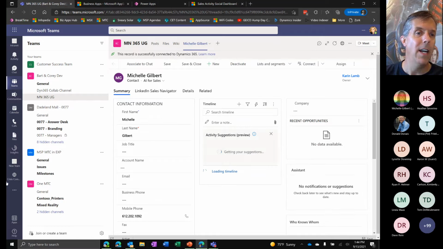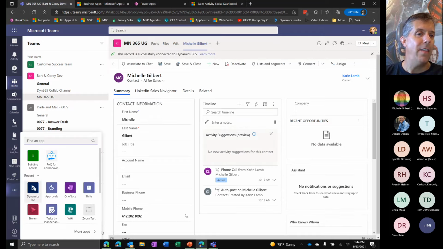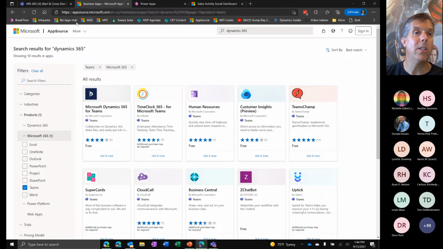So that's there. Now the admins, if you need to find Dynamics 365 and it doesn't already show up in your admin center, I'll just quickly mention, if you're not familiar with AppSource, it's a fantastic repository of all sorts of apps across all of Microsoft. And I just did a search for Dynamics 365 in AppSource.